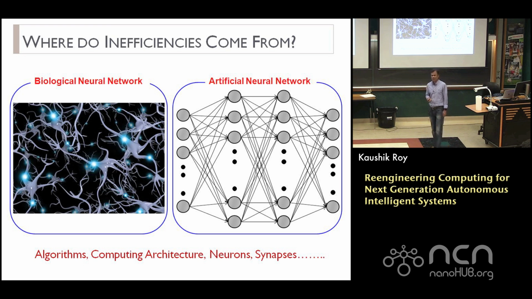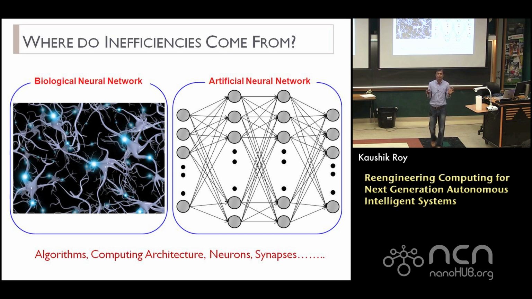From whatever little that we know, the computing architecture of the brain is certainly not like a von-Neumann machine. I assume that you're all familiar with some sort of a von-Neumann machine, or at least you know what a von-Neumann computing architecture is. There's a memory and there's a processing unit. And I'll talk about that a little bit later. The basic idea is that you do some processing, and in order to do the processing, the data exists in the memory. So you have to go fetch the data from the memory, bring it back to your processing unit, do whatever you're supposed to do, multiplication, addition, or whatever you need to do, and then you have to take it back and store it back into the memory again.